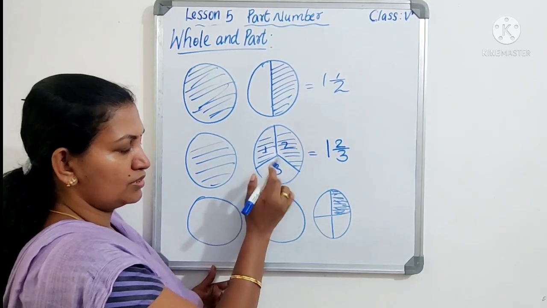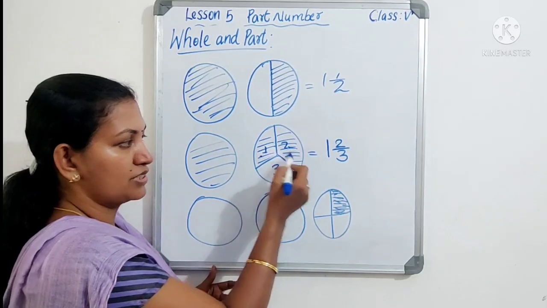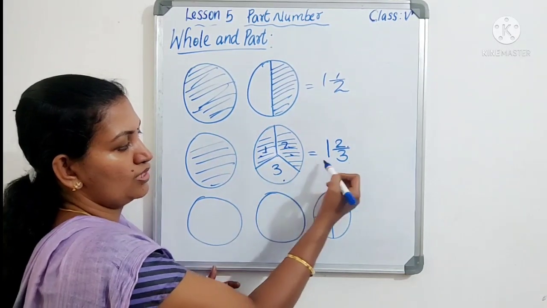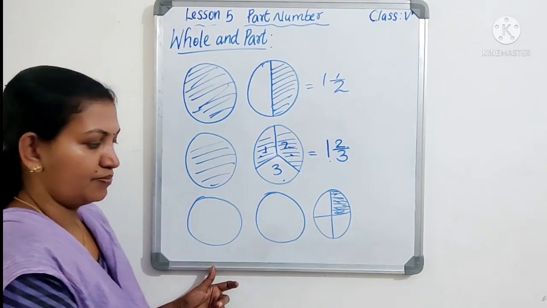Total 3 columns. This circle is divided into 3 equal parts. Then 2 columns shaded. That is 2 by 3. So the fraction of this circle is 2 by 3. So the total fraction is 1 and 2 by 3. Okay. Next is